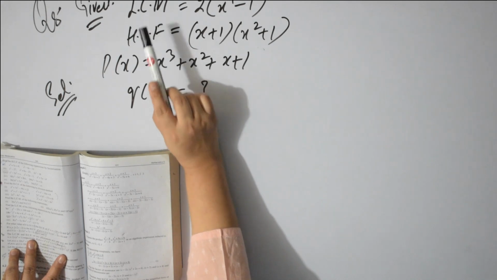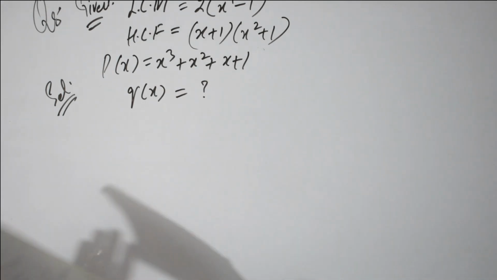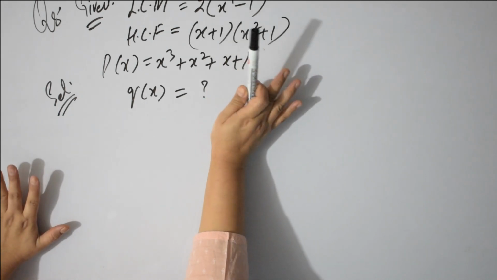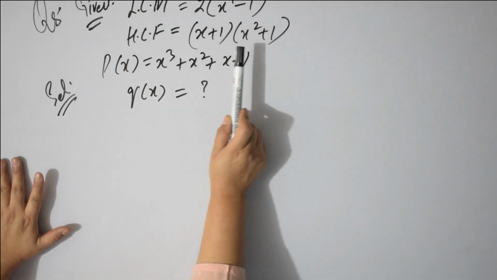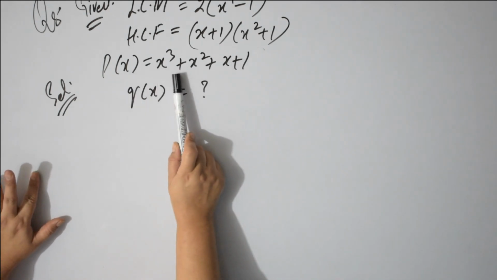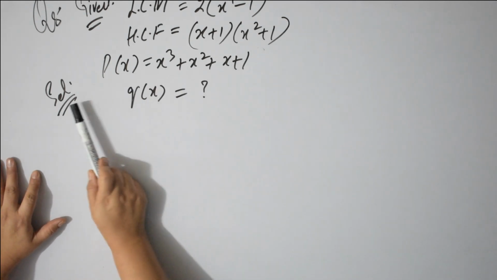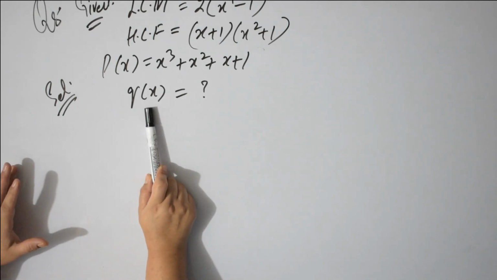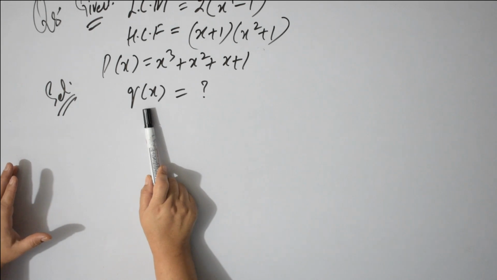Okay, so in given, what is LCM? LCM is this one they have given you, and HCF is this one, this is also given, and one more thing is given, that P of x polynomial is given, right? Now what is your required? Q of x, this is another polynomial, you have to find another polynomial. It means